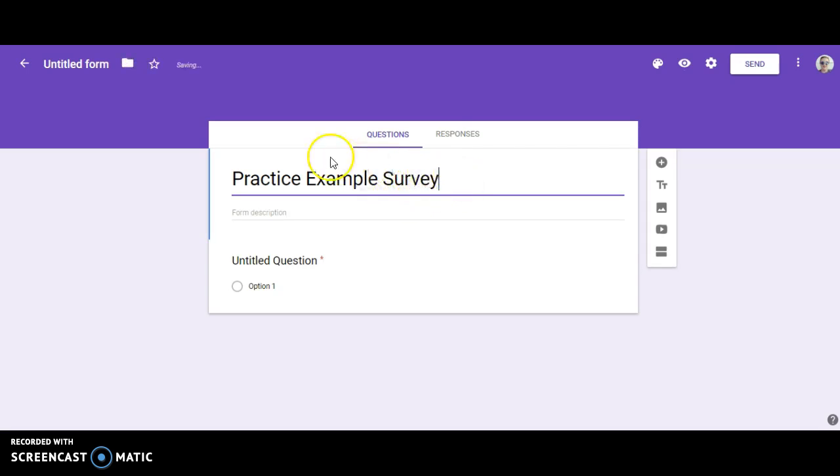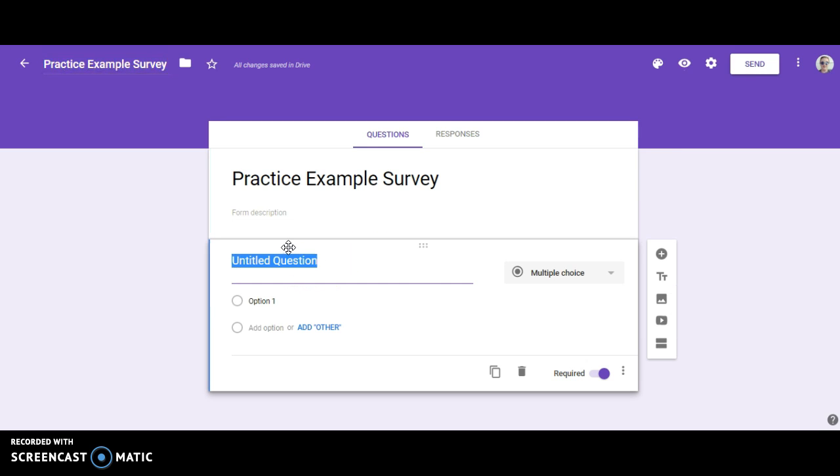Now, once you've titled your Google form, just like with the other Google Suite things, you click up here and it saves the name the exact same in your Drive. Now, to create questions, there's an example for you already here. So you can click here and just start to type